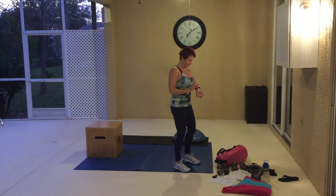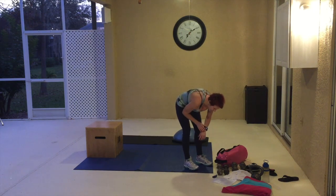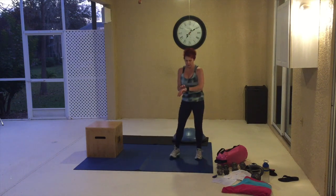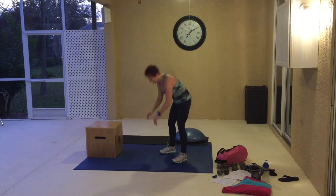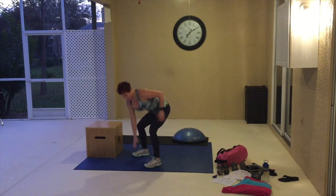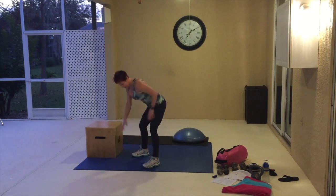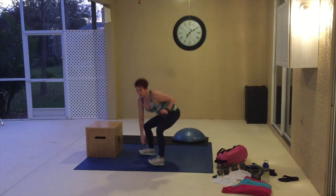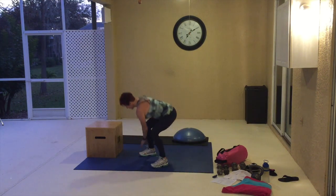Okay, we're doing a frog hop, and you're gonna frog hop fast. You're gonna go frog hop, squat tap, squat tap. Squat tap, squat tap. Squat tap, squat tap. Squat tap,